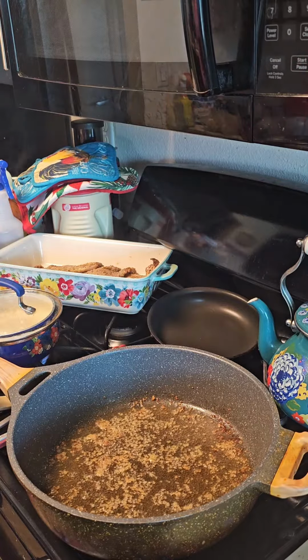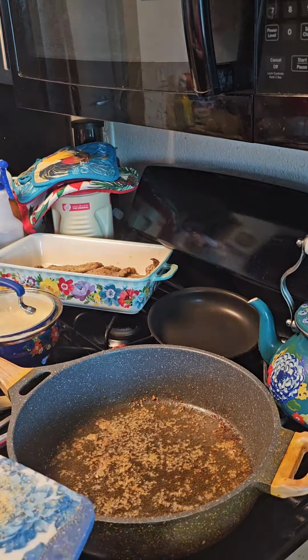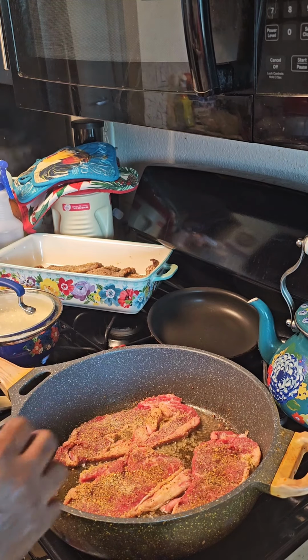Anyway, I'm going to add my other 3 in here. You guys don't need to see that cooking. I'm going to come back when it's time to caramelize the... I don't know why I keep saying caramelize. Why do I want to keep saying caramelize? I'm going to come back when we add the,